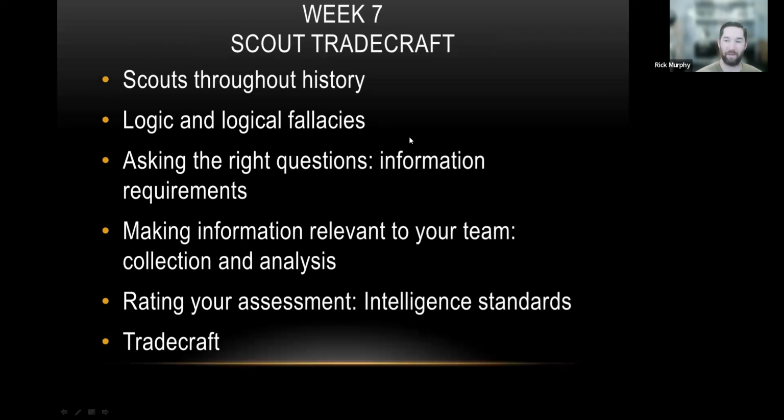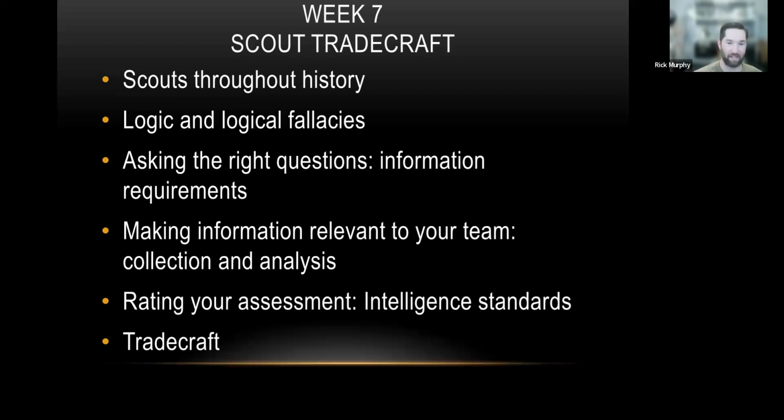All right, so week 7. This is my spies and ninjas week. Really fun. So we'll go through a little bit of a historical perspective on scouts and scout cultures, and then we'll go right into intelligence development. At this point in the course, you'll have kind of a foundation on communication skills and some time to practice. So we're gonna up the ante with